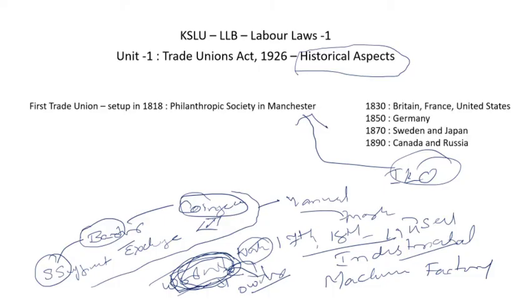So this kind of trade unionism and industrialization started in Britain in 1830 and then spread to France and United States, and in 1850 it spread to Germany, and then in 1870 Sweden and Japan, in 1890 Canada and Russia. So by the end of the 19th century the trade unions started emerging as a key collective bargaining tool for most of the workers in the Western world. With this brief introduction about trade unionism in Britain and the Western world, let's look into trade unionism in